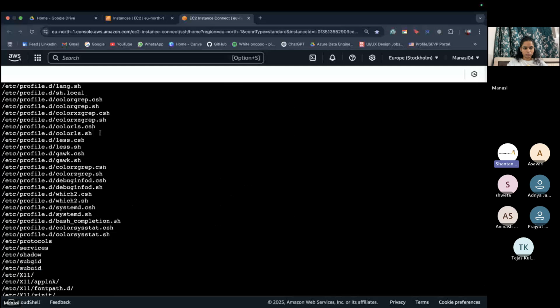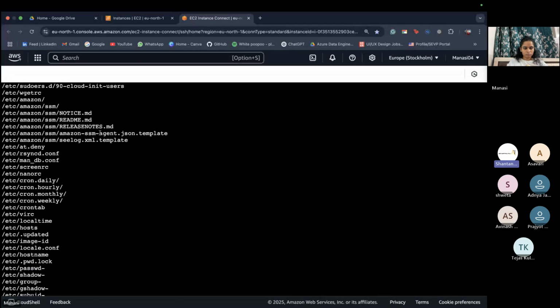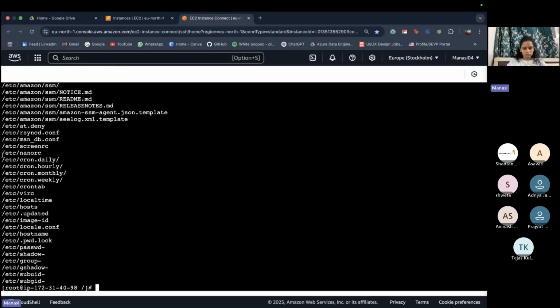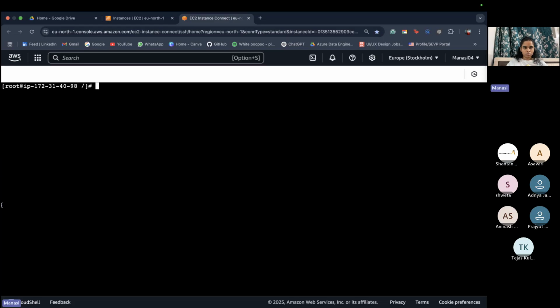Now we are trying to compress the same slash etc folder using bzip2. Now let's check what is the new file size after the compression using bzip2. Okay, 3.6. So from 4.4, now we have reduced it to 3.6. So you guys can note down how we are compressing the files, how we are trying to reduce the space used by that particular compressed file.